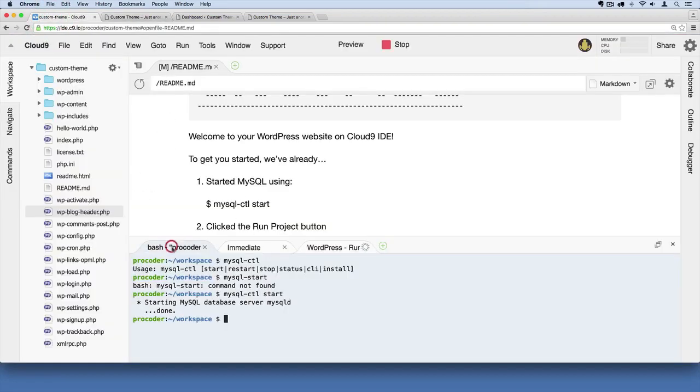So you shouldn't have to mess with the MySQL stuff. It should just automatically start up when you hit the preview button. But I just wanted to point it out that you can start it up manually like that if you run into some problems. Now, worst case scenario, and this does happen sometimes in very, very rare instances, if you just